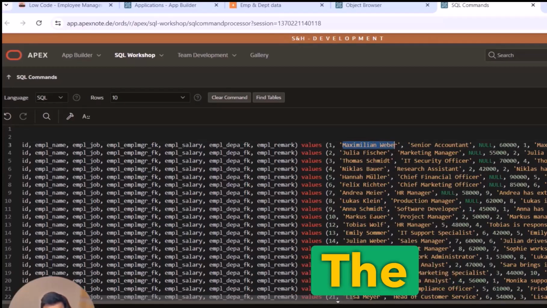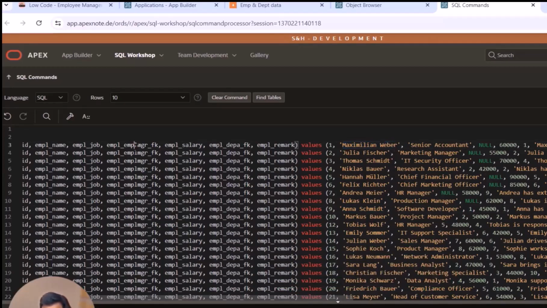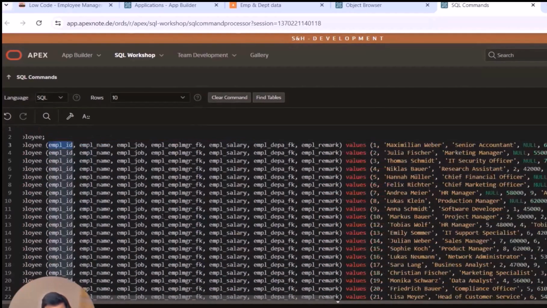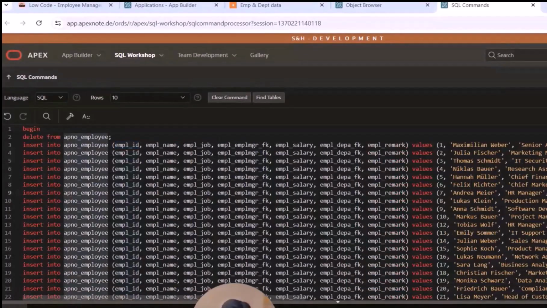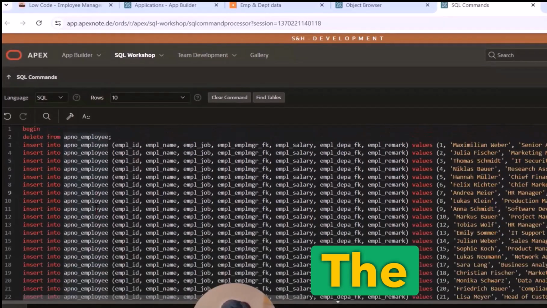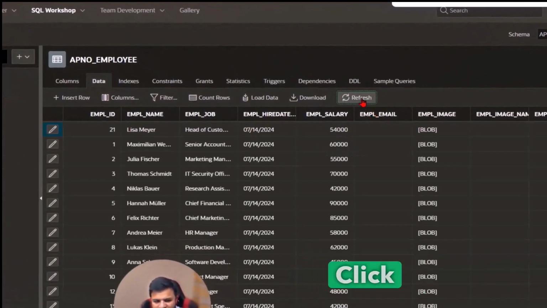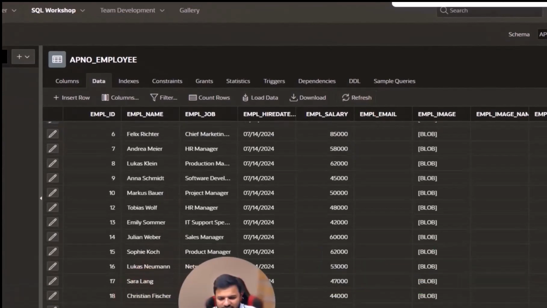So this is the scenario, how it works now. In this column will come the employee number. And for here I press Ctrl Enter, then you can see all the rows are successfully inserted. We can go here and click on the refresh button, and then we can see now we have here